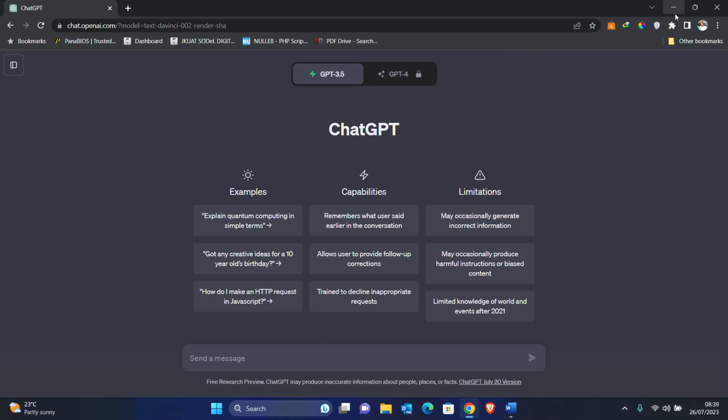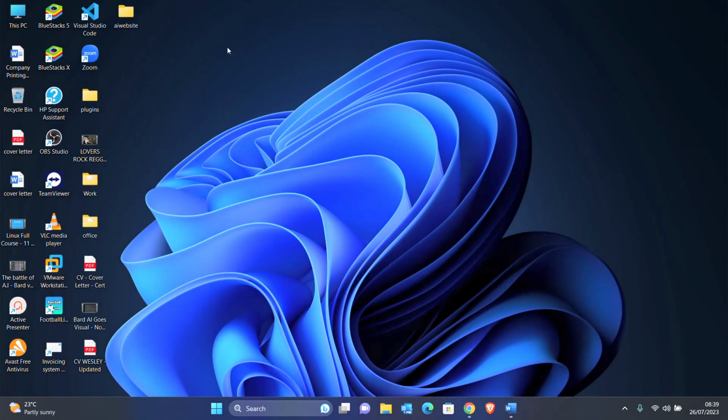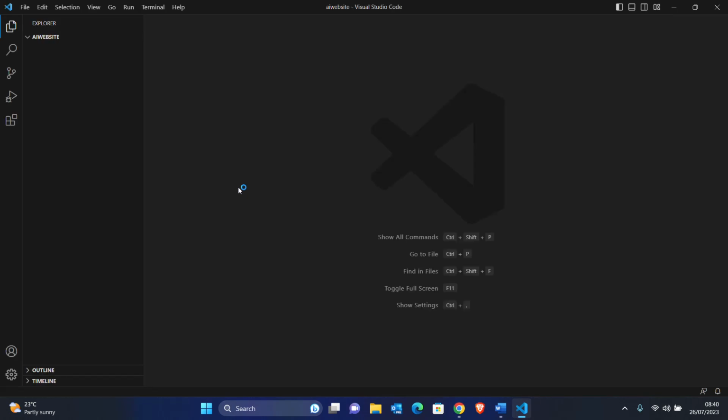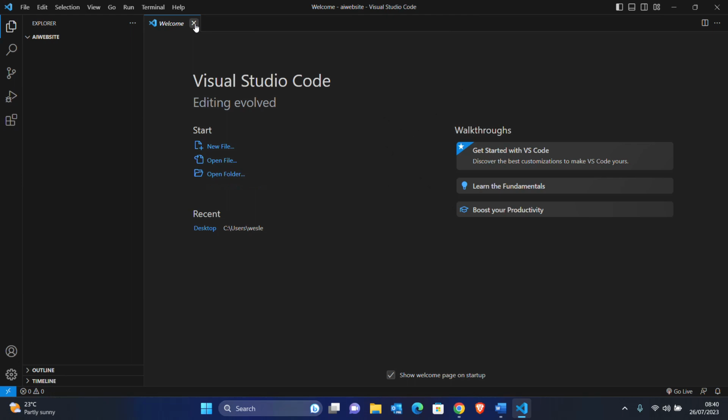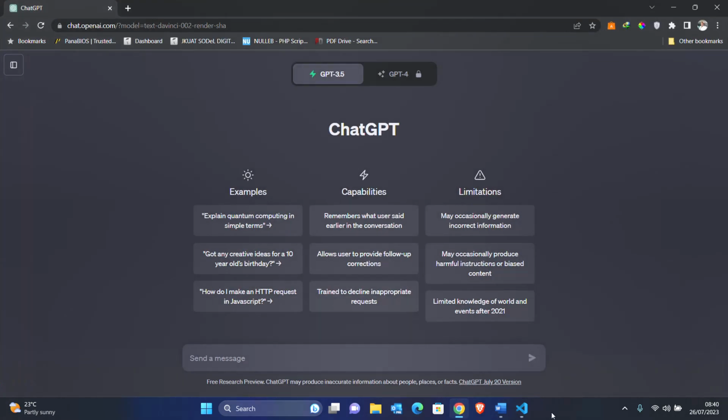So the first thing is we need to create a folder where we'll hold our website data, and I've created mine here, which is AI website. And we need a coding tool to be able to write that code. In this case, I'm using Visual Studio Code, so I'll drag this web folder to the Visual Studio icon, and it will open Visual Studio. So there we are. Without wasting time, let's go back to our